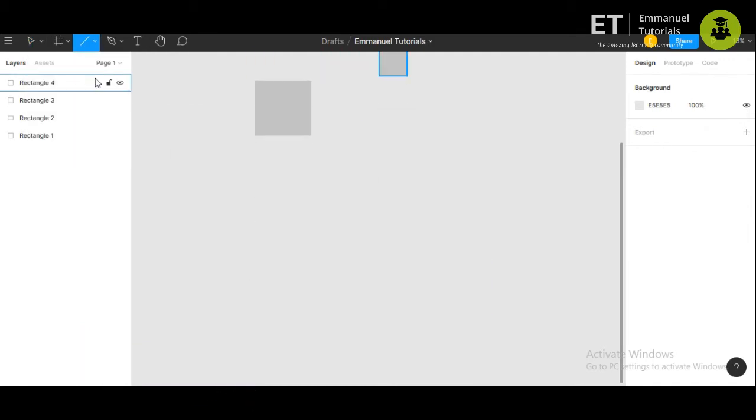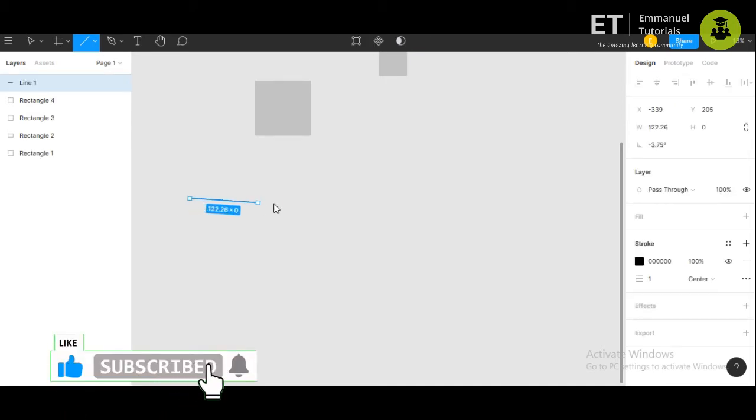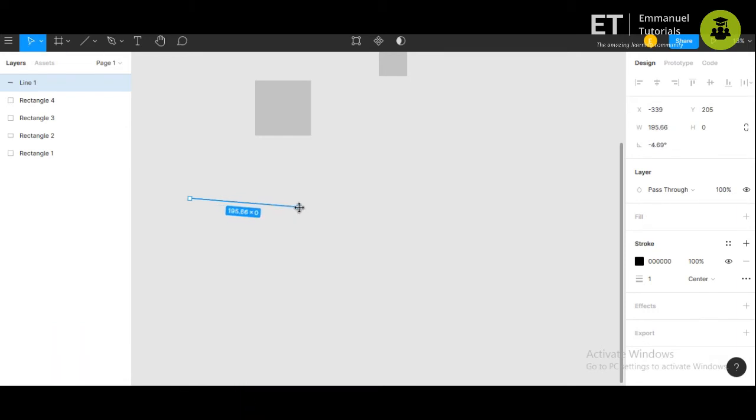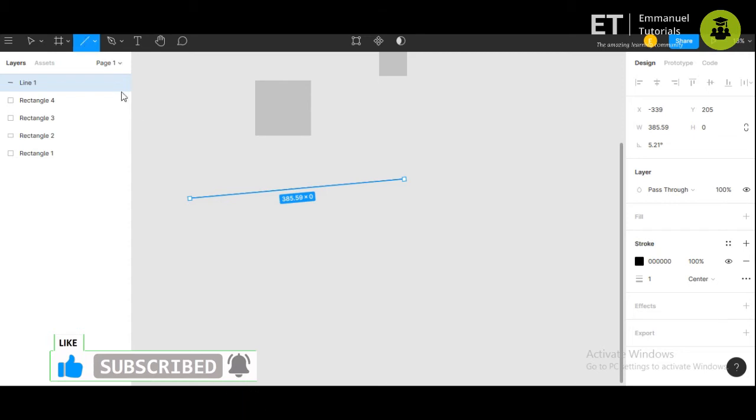Now let's try another one, which is the line. The line is similar. Again, you can just draw lines. If you want a slant line, you can draw it just by dragging it in whatever direction you want. Or if you want a straight line, again you select the line icon and press shift and drag the cursor.